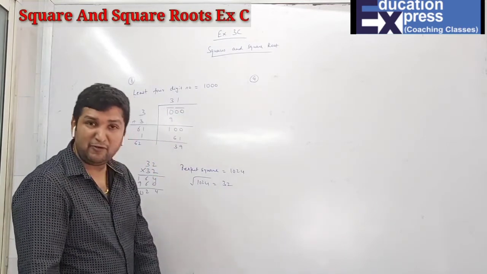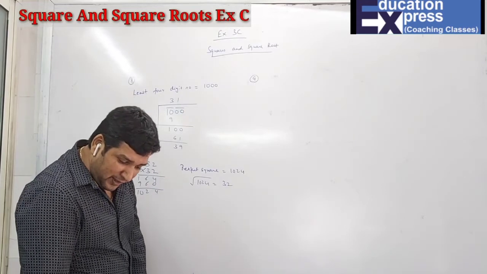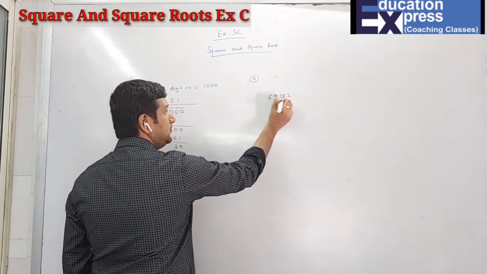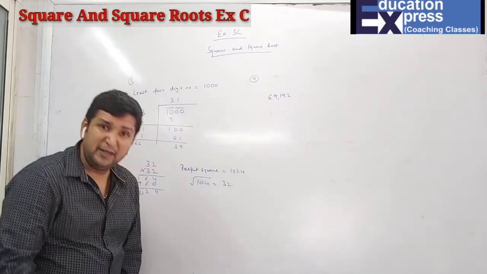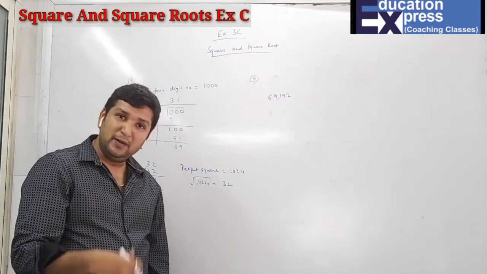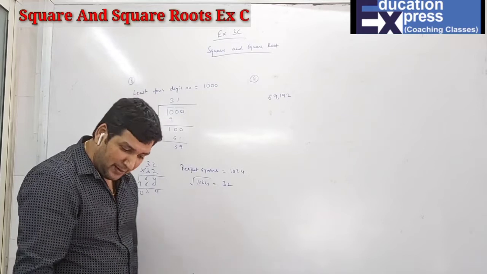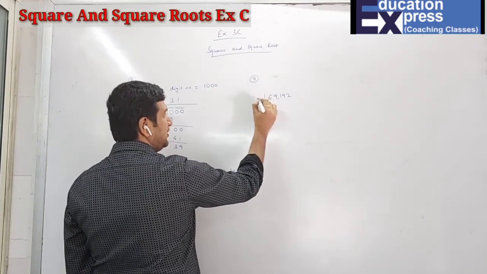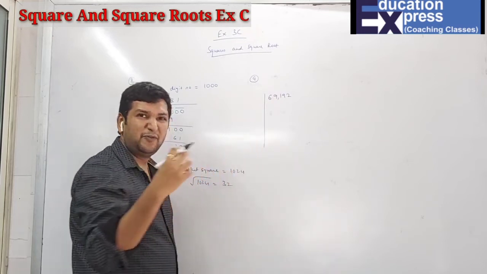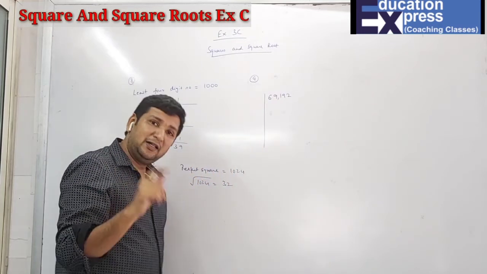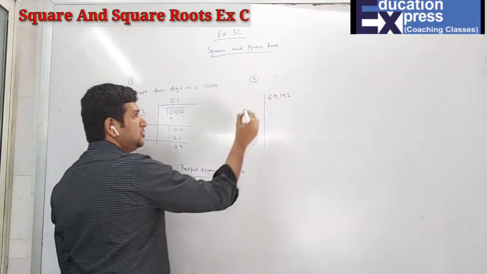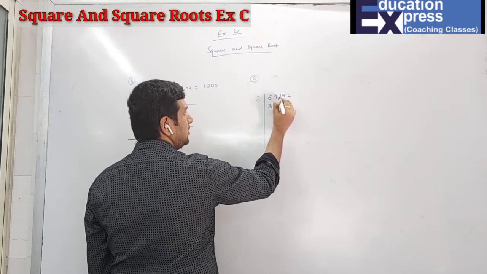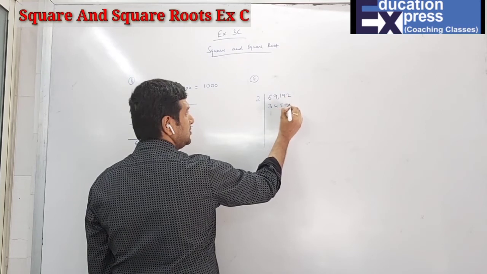What is given in question number 9: find the least number by which 69192 should be decreased, that means subtracted, should be increased, that means added, and should be multiplied. To multiply, I have told you, students, you have to use the prime factorization method, and then you have to see which number is not a perfect square, then we have to multiply, and same thing for division also. I'll just show you the number to be multiplied. 2 3s are, 2 4s are, 2 5s are, 2 9s are, 2 6s are.